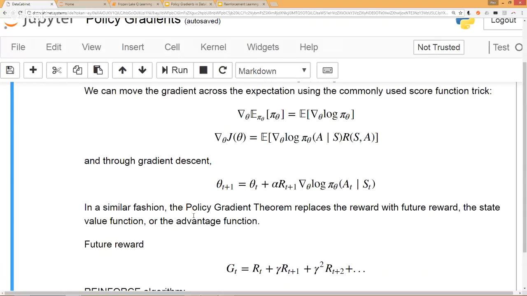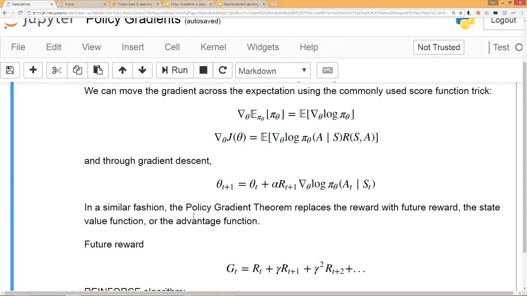And I don't know if you guys are comfortable with that, but that's the derivation. And I'm going to make it a little bit more uncomfortable and hand waving because I'm not going to derive the next part. But basically, that was for one time step, but if you want to consider all the time steps together, there's something called the policy gradient theorem, and you replace this reward